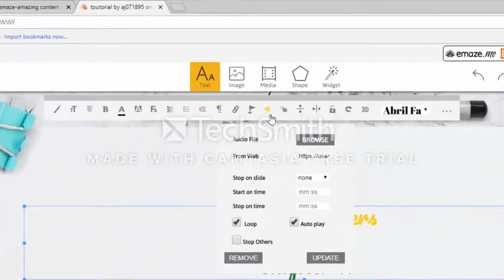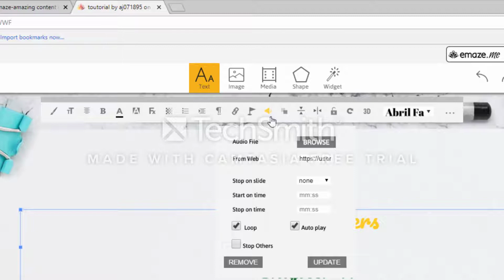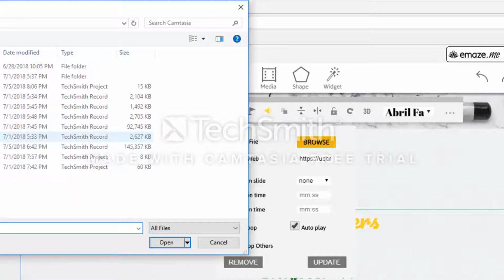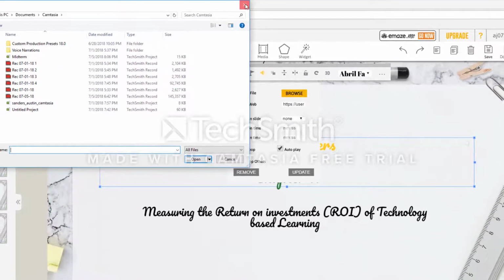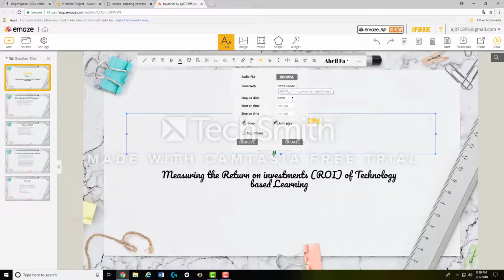The audio button lets you browse your computer, particularly your audio files, and you can attach audio files to that particular slide and then use it from there. So for instance, I already have a file that I pulled. It's a Jazz MP3 file that I have set on this presentation. And I have it loop through, and I have it auto play. So at the start of this presentation, the audio file will start, and it will not stop until the presentation